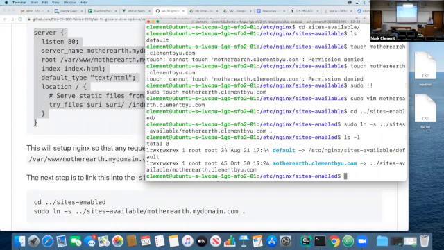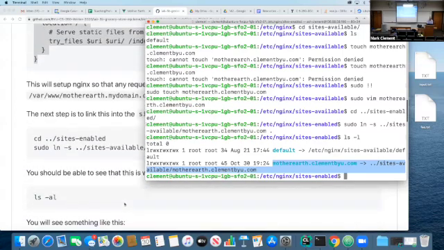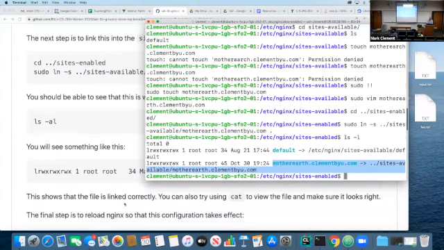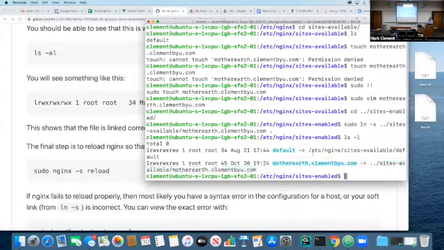Now we've got Mother Earth in here with a symbolic link to the sites-available one. And then we should be able to see it. And then we should be able to do something like sudo nginx